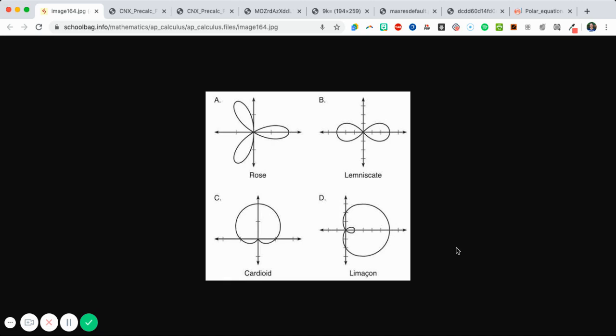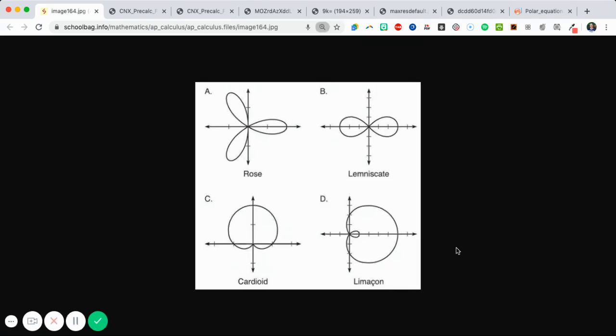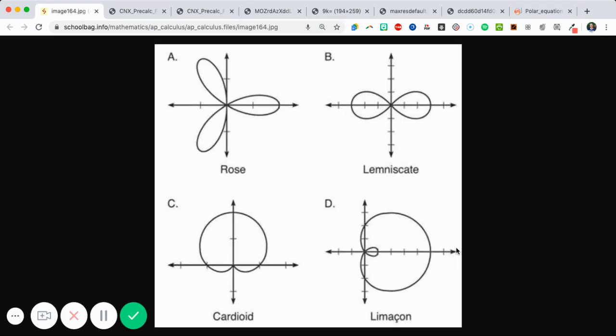In this video, I'm going to be talking to you about some of the different types of polar graph shapes. Now, there are some that are more common than others, some more basic ones. Just like any graph, you can get some really intricate ones, but I'm going to show you some very typical polar graph shapes. So the first one that we have right here, we call this a rose, and you can